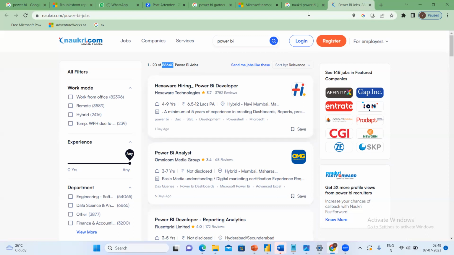You can see LinkedIn also. I am showing Naukri in the practical. You can go for LinkedIn, Shine.com, anything. There are a lot of companies out there. No need to worry about jobs. If you learn, I can say that you will get calls every week. If you upload the resume, I will challenge that you get 3 to 4 calls. At least you will get that if you keep 3 to 4 years of experience.